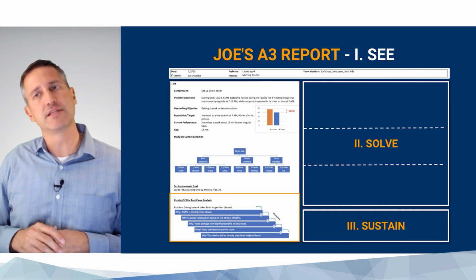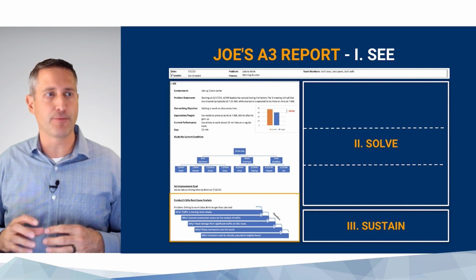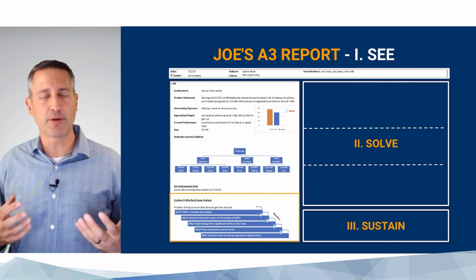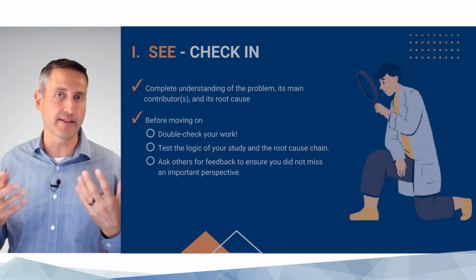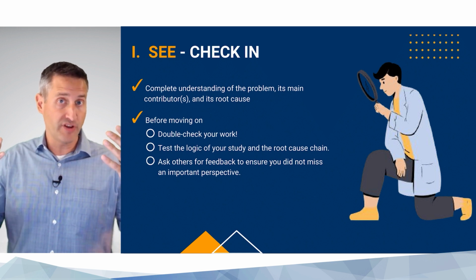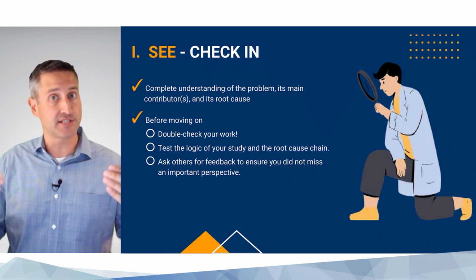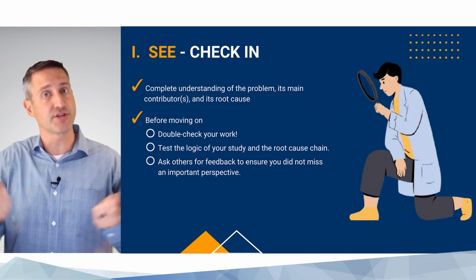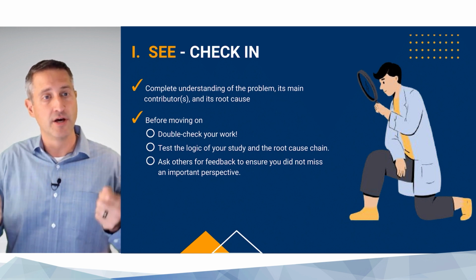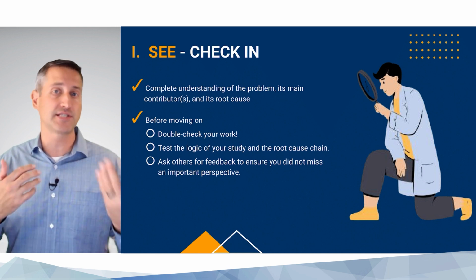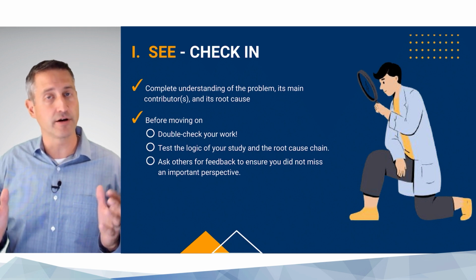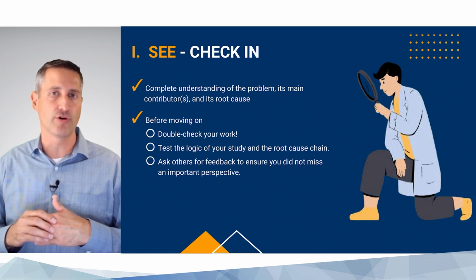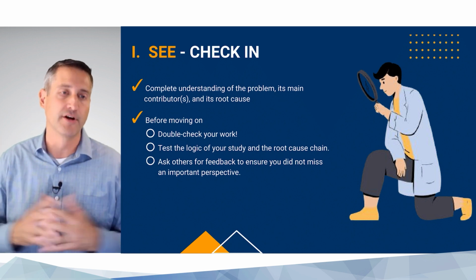But before we get into that, we should recognize that ourselves or our team might have a little bit of groupthink going on. And so we should double check our work, take a look at the logic. Again, we've got a nice communication device in this A3 report. Let's take that to a manager or a peer or somebody who's not so involved in the project, put it in front of them, talk them through our logic, and see if they agree. It doesn't take long, and it may provide some insights or some thoughts that you didn't have while you went through this, okay?